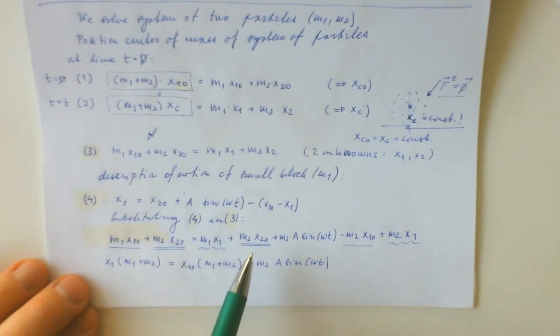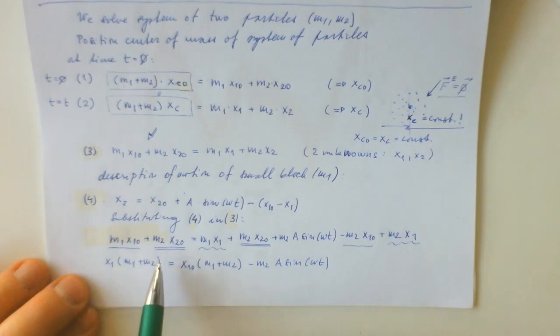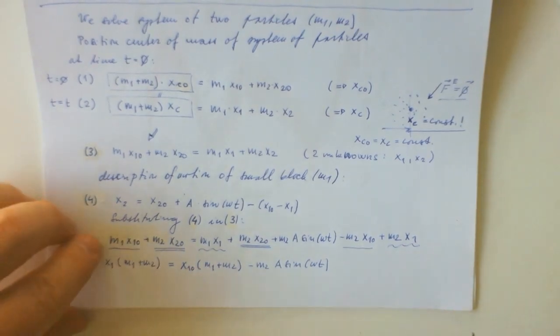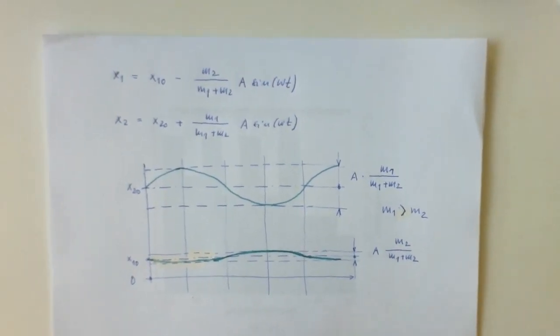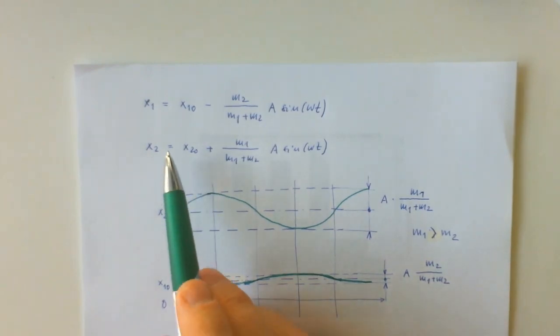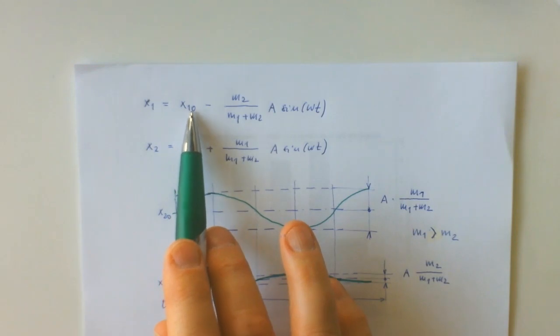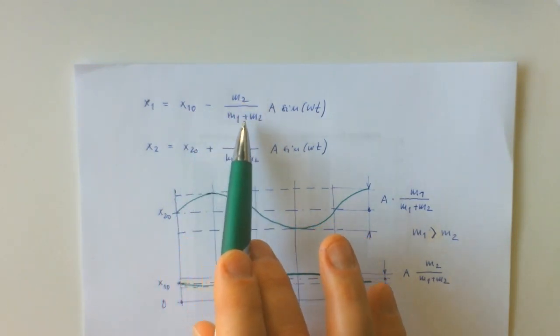And rewrite everything that rests there. From this we get the equation for x1: x10 minus something, m2 over m1 plus m2,